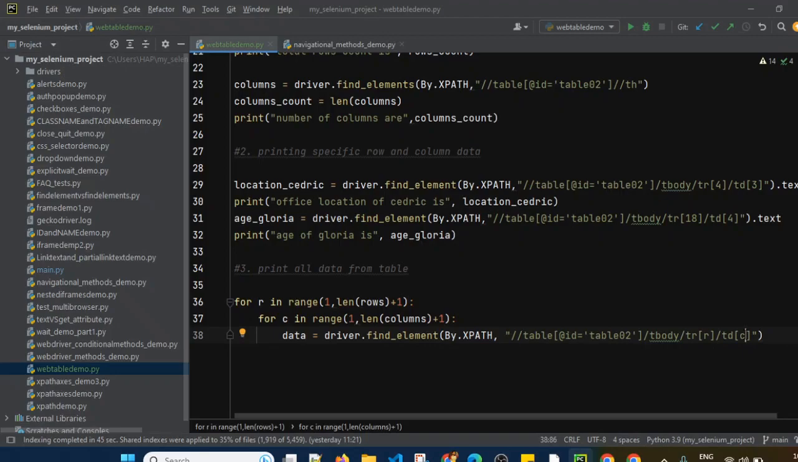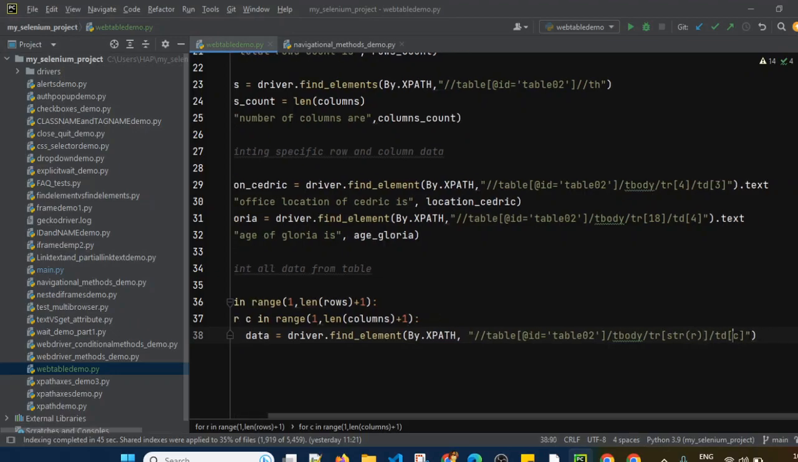There is some syntax which we have to follow. First we have to convert this R, that is the row value, to string format, str of R. That is the syntax which we have to follow. Similarly for column also we have to use str, and then convert it to string value, which we have to include in double quotes. It is included in double quotes,